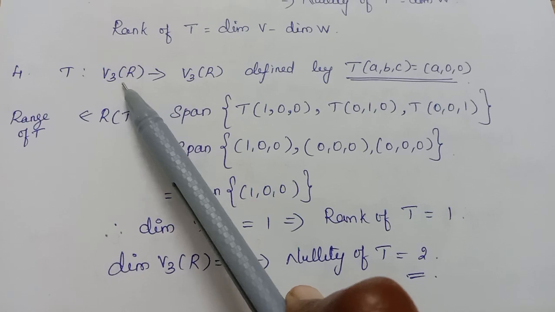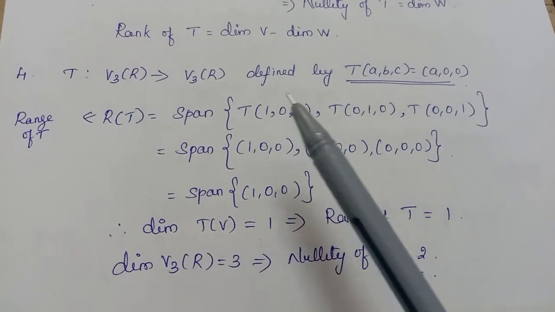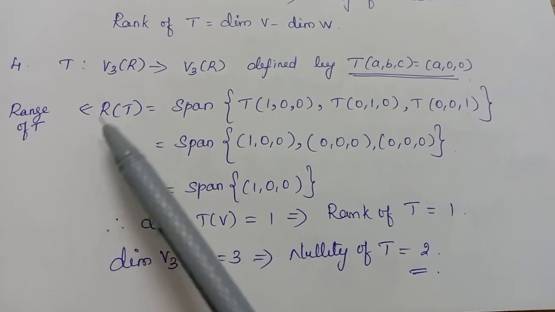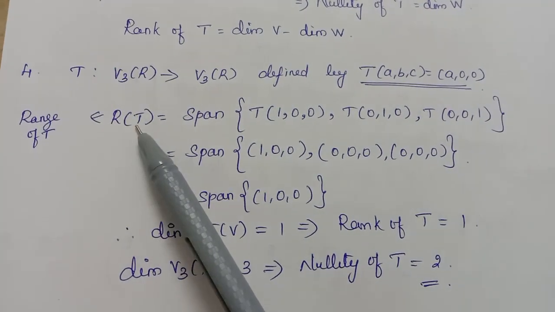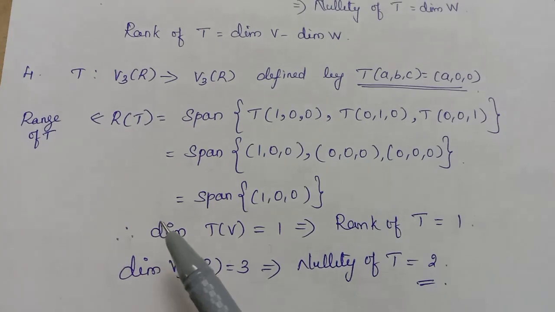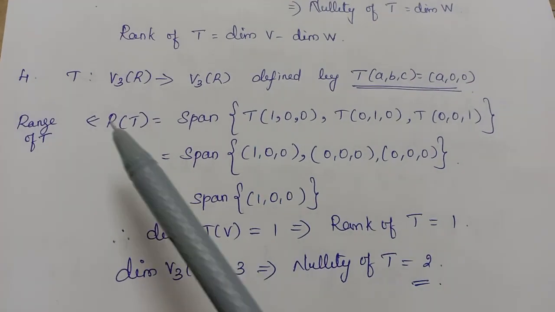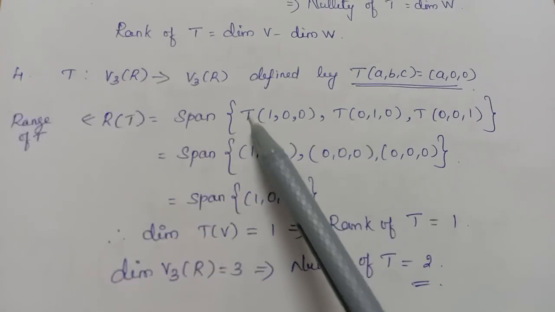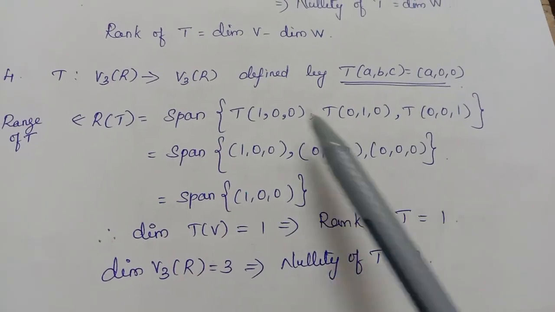So what is the basis for this space? Basis is (1, 0, 0), (0, 1, 0), (0, 0, 1). Now I am going to find what is the range of T. First I am going to find the range, and from that I am going to find the dimension of T of V. Okay, so range of T is nothing but the span of T of the basis of the